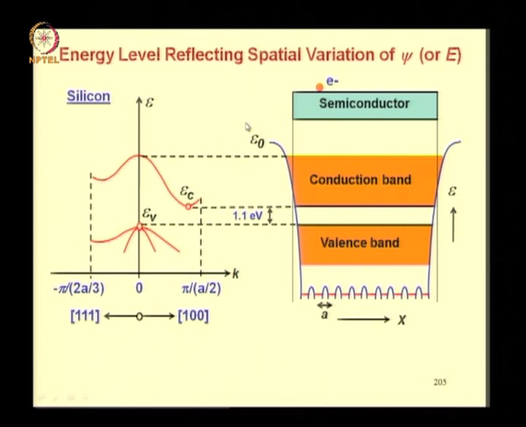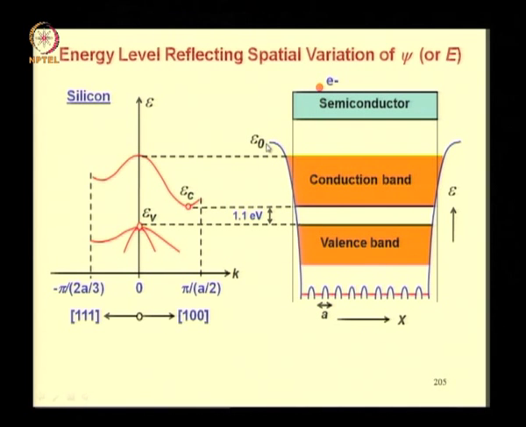This energy level happens to be E naught, which is present in the crystal potential diagram. This crystal potential diagram actually contributes to these allowed bands and energy gaps. There is also another allowed band shown here, which is very thin, because this band is associated with electrons which are located close to the crystal atom.